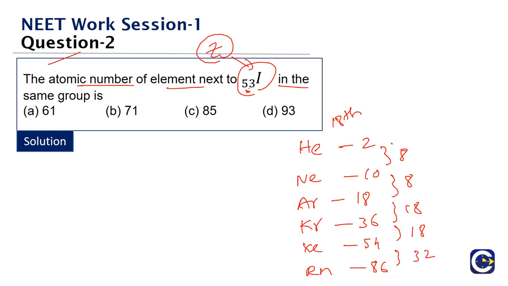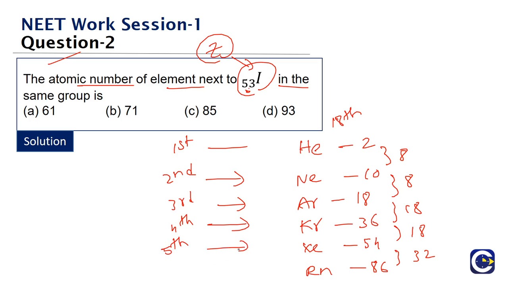So this is the first period. Only two elements will be there in the first period, hydrogen and helium. Second period we have what? 8. Then third period again 8. Then fourth we'll have 18. Fifth period, we'll be having 18. Then sixth and seventh periods, seventh period is of course an incomplete period. Sixth period, in the main table we'll have 32 elements, because remember the 4F series, the lanthanide series, also comes in the sixth period, but we don't keep it in the main table, we keep it separate.